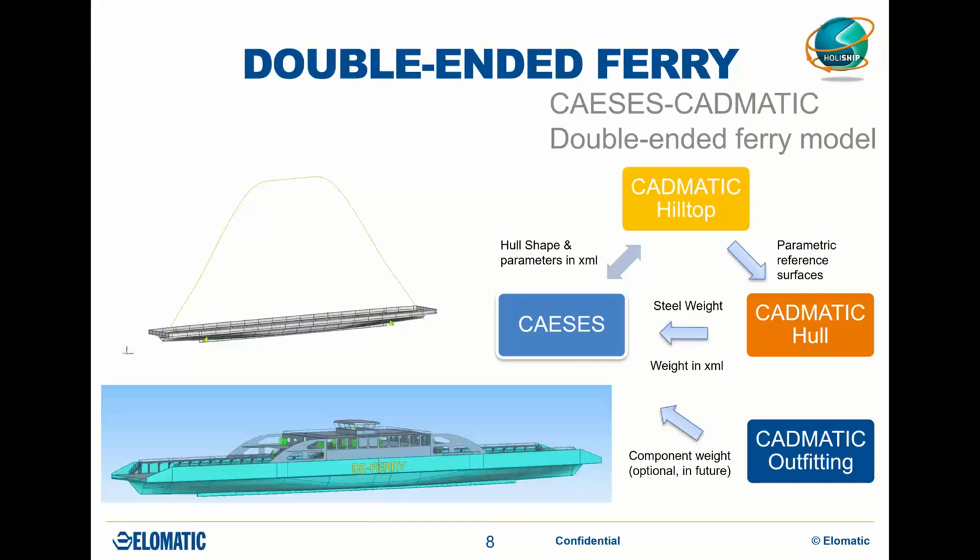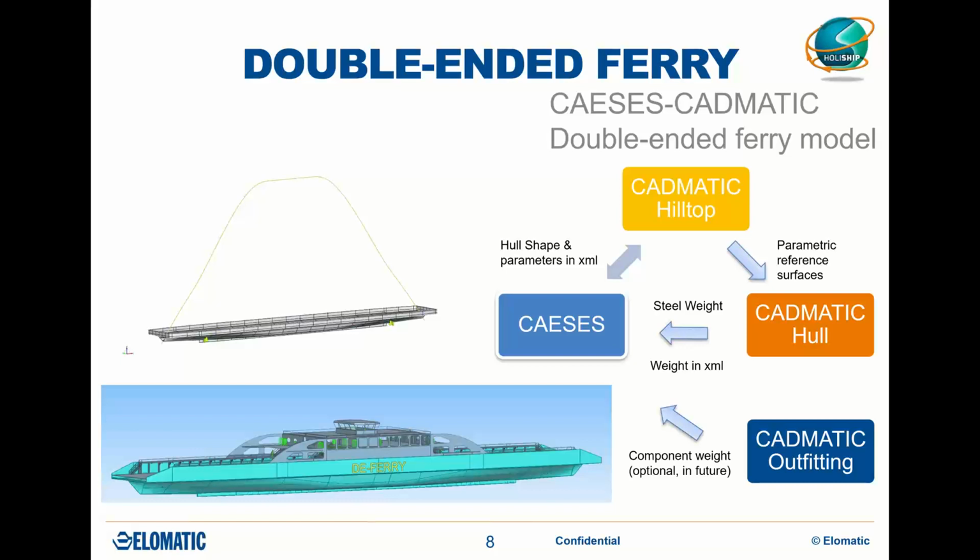And these parametric curves are managed with, of course, parameters like the length and beam of the vessel, length of the parallel midship, or let's say bilge radius. And after the initial hull shape was generated, it was transferred from CAESES to CADMATIC. As you can see from this slide,